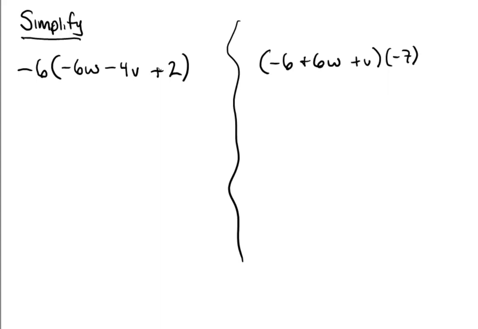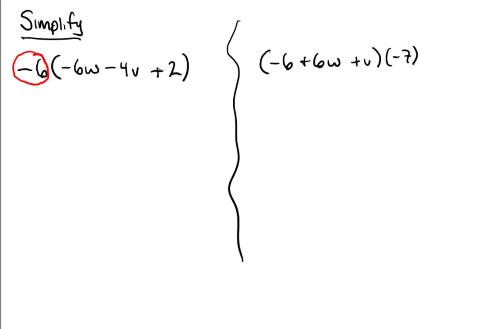Simplify. So this problem seems to be asking us to do the distributive property, and it's not the first easiest example because we are distributing against more than two pieces, which is the typical example. So in order to highlight this a little bit better, since I have so many colors here, I'm going to circle this -6, which is outside of the parentheses, and I'm going to distribute that through the addition and the